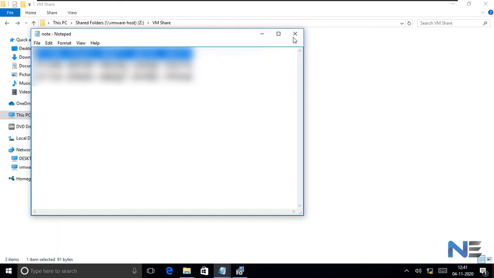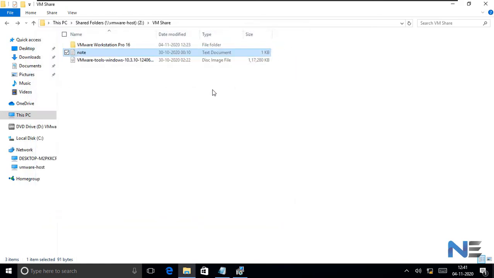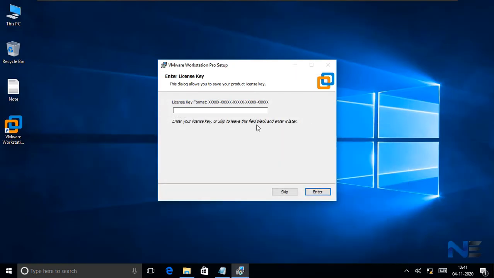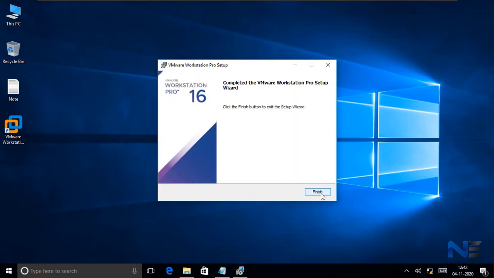Copy, close, Control V. Simply paste your license here and click enter. Finish.